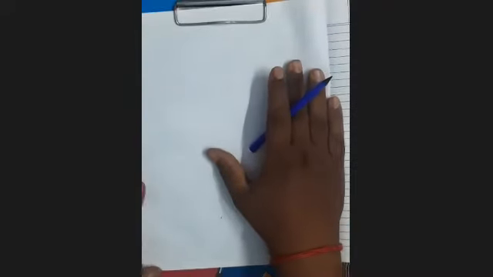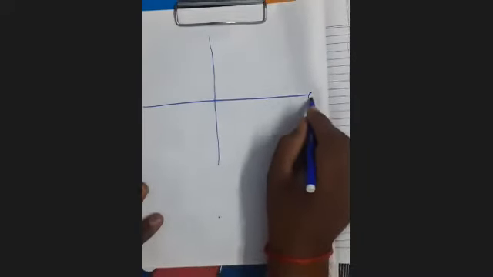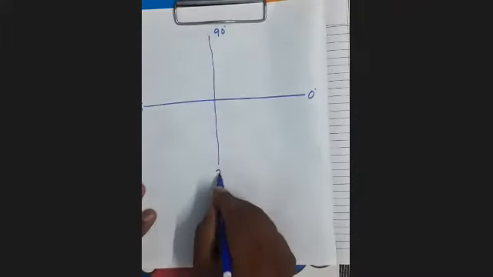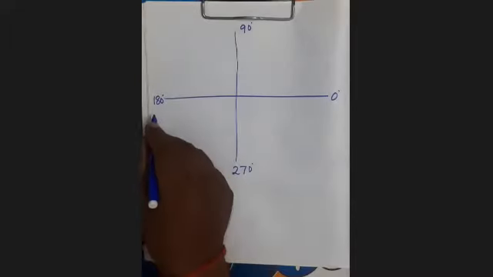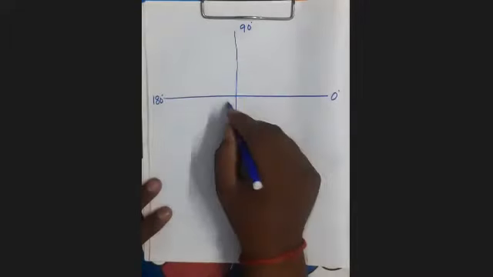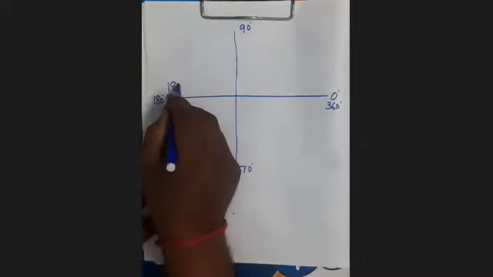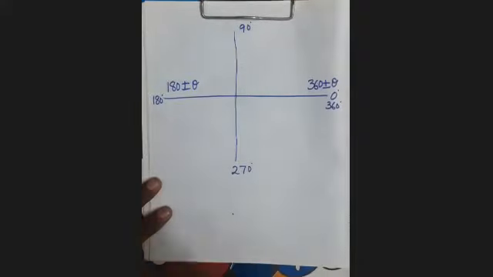Now suppose it is like this. Here already I have told this is 0 degree, 180, 90 degree, 270. On this line, if you are moving from the x-axis, angles will be, here it is 360 degree, on completing it will be 360. If angles are like this, 180 plus minus theta or 360 plus minus theta.